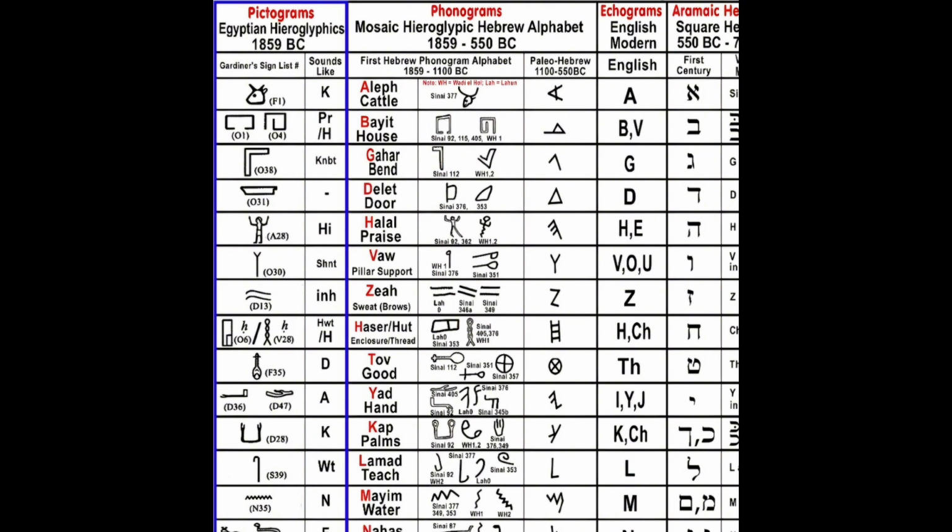The image of the house in a nomadic society would be the tent, and the letter shape has morphed into the Paleo-Hebrew image shown here. And so the developed meaning could be the strength of the house, or sometimes it's even defined as the strong pole, meaning the part of the